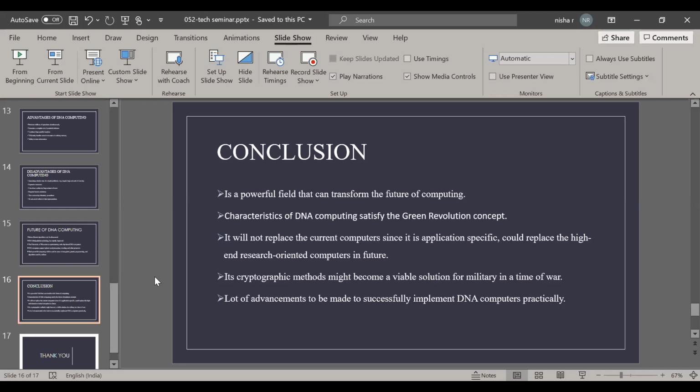Yes, sir. So I think this approach is efficient only for storing the data in the form of encrypted data. If they find out any synthesis process which can encode the data fast, then it will be beneficial for war, sir. The current methods used in the laboratories are very slow. They are still trying to experiment with DNA, storing data and images. But once they find other methods to synthesize and encode information quickly, then this might be a potential solution for war.